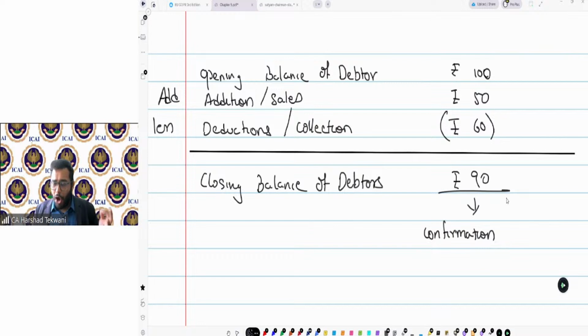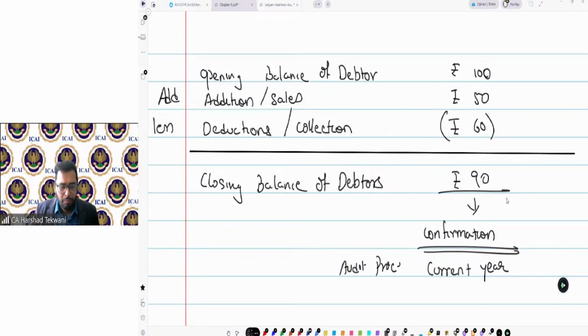I did not perform anything extra, but whatever I performed in the current period's audit procedures gave me that comfort that there is no misstatement in the opening balance.